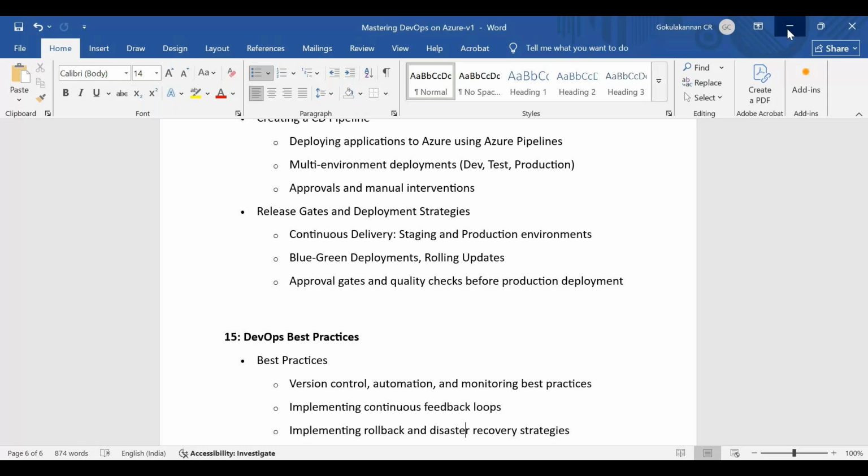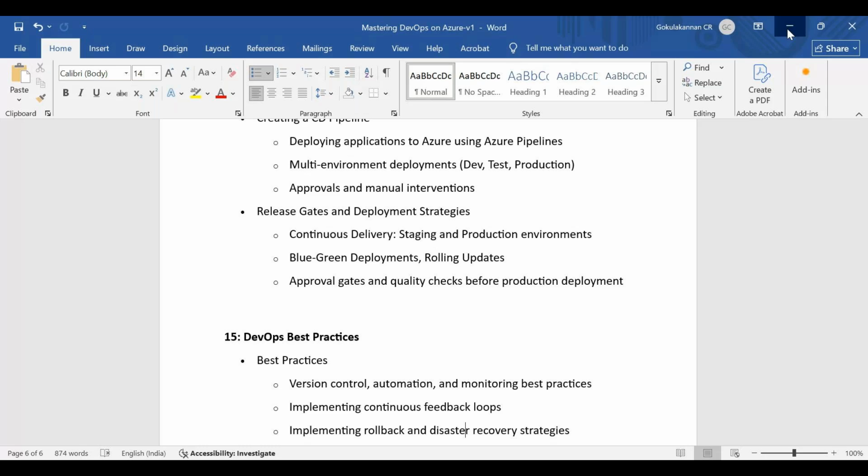Even after discussing, if you're not able to complete the lab, no issues, I'll be completing that lab activity in our Q&A parking lot. At that time I'll share my screen and demonstrate: this is the problem statement and this is how you have to do it. So that is how it is going to be.